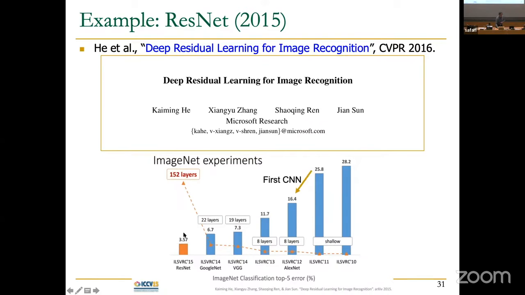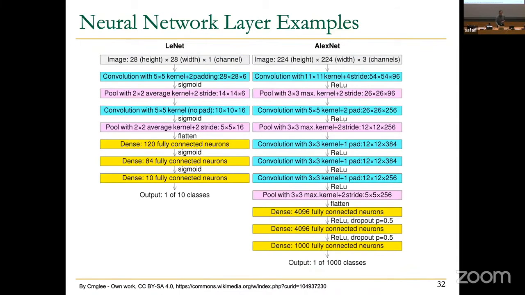As you can see, human level accuracy is supposed to be 5.1%. That's not my number. That's somebody else's number. Okay, it depends on the human probably also. But basically, you can see that the first convolutional neural network is here, and modern neural networks have many layers. Of course, there are other types of machine learning as well. So this is one of the motivations of why people are designing specialized accelerators.